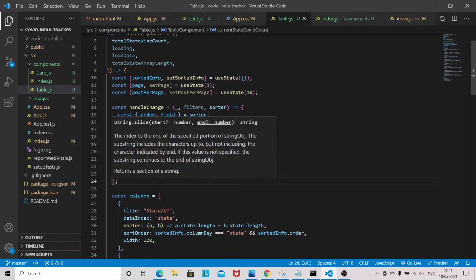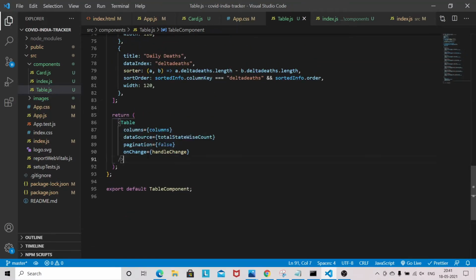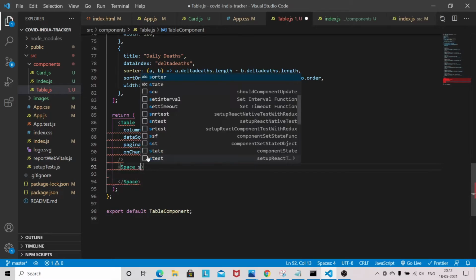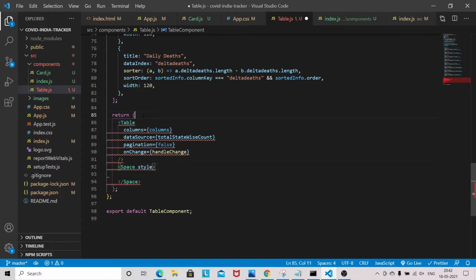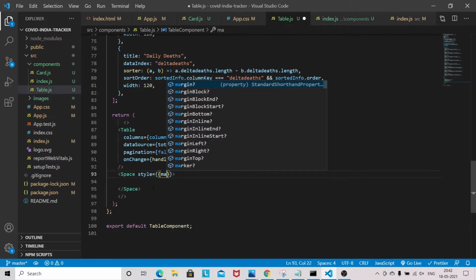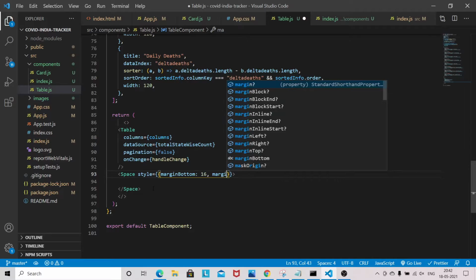Okay, now come down. We have to wrap it in space to give some margin. Wrap it in a fragment. Margin bottom. Margin.